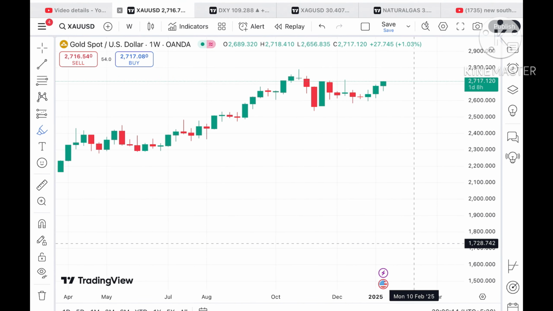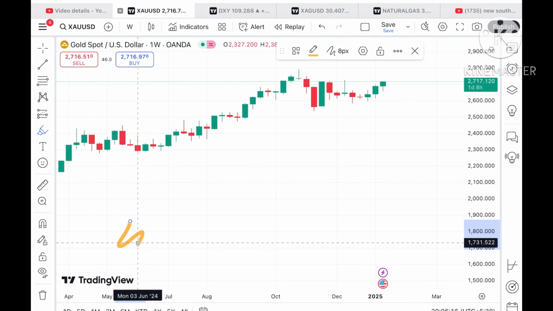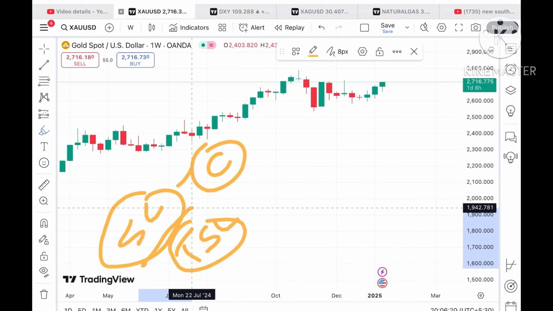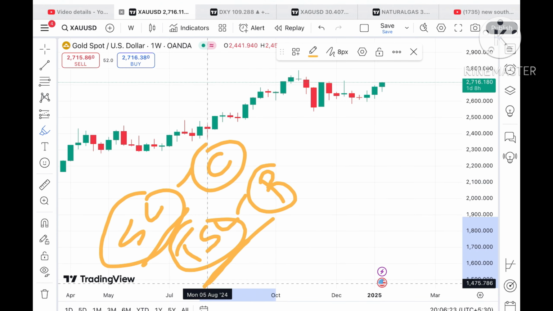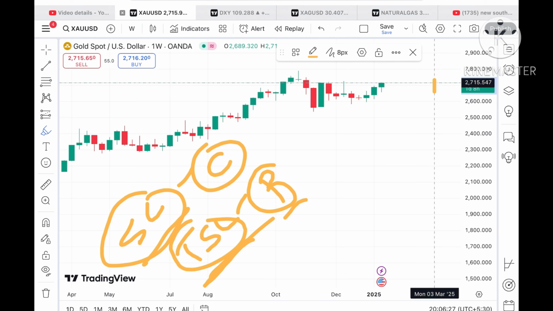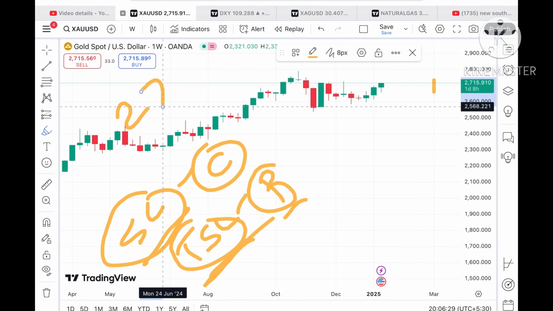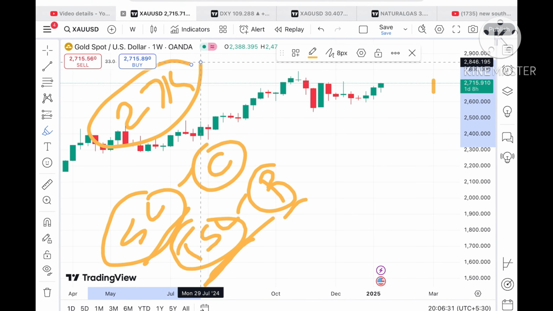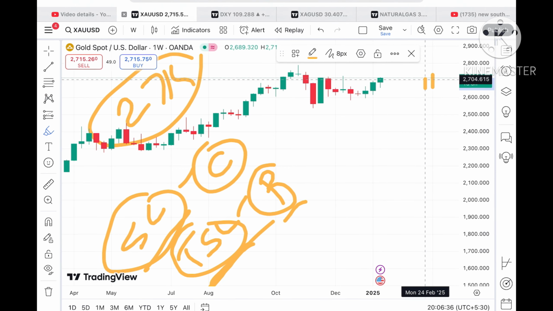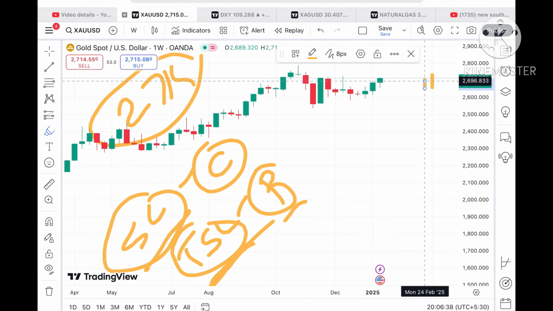Okay, so remember, the market is uncertain, so you have to understand, whenever you start to trade, put the SL, and once you are in profit, try to trail the SL so your profit will be saved. Okay, so let's see, if the price doesn't sustain, it can come again towards a level of $27.15. Okay, and once the price starts falling below 27.15, a probability is that it can come down towards a level of